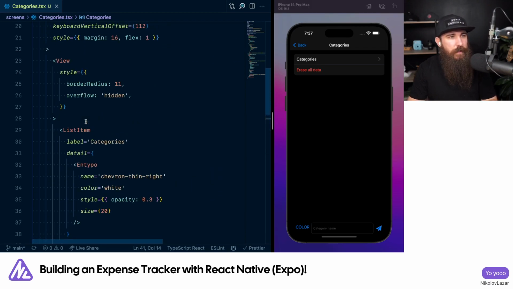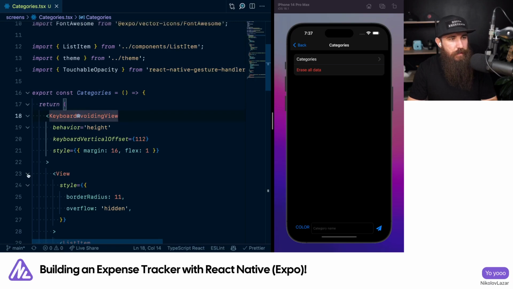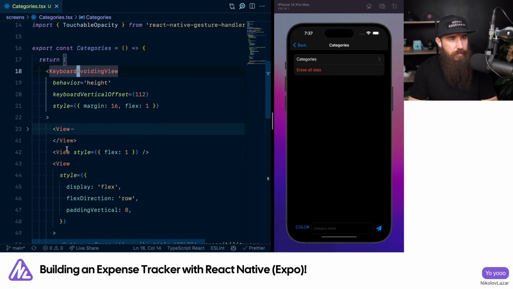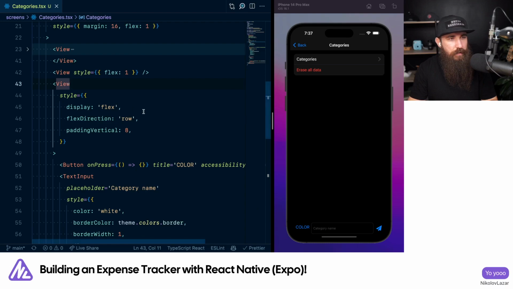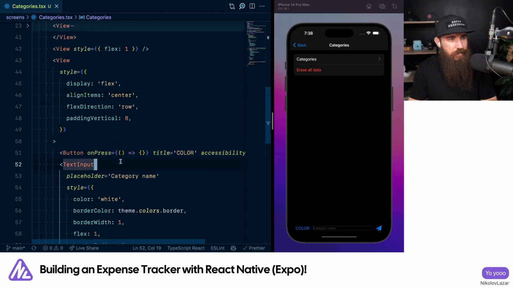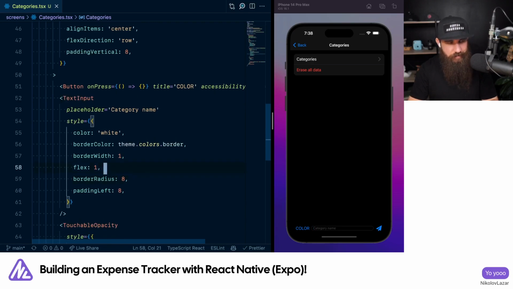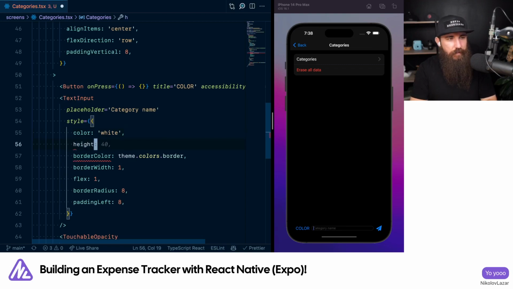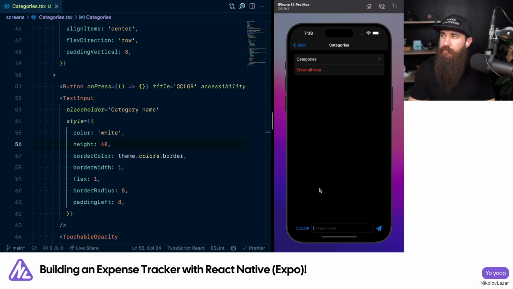Sweet. Okay. And now this thing right here has the 3 views. This thing right here, yeah, display flex, and we want to do align items, set that to center. Oh, nice. Okay, we'll enforce the height in that case. Let's do height equals 40. Let's see how that looks like. Okay, right, looks decent. So we got the color picker, we have the,